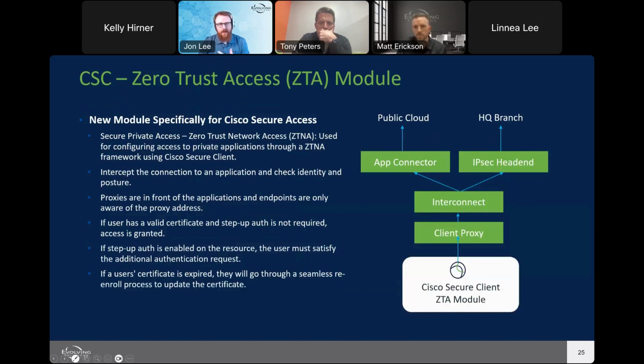So I want to talk a little bit about the ZTA module because it's the newest one, or it's the one that we probably haven't seen a lot. This module is specifically for the Secure Access product. You're basically configuring all those private applications we talked about from the data center, and then your ZTNA framework would dictate through the policy you hold in Secure Access how these endpoints, based on their identity, can get to and from those applications. So you have your client proxy, and then there's an interconnect interception point at which we